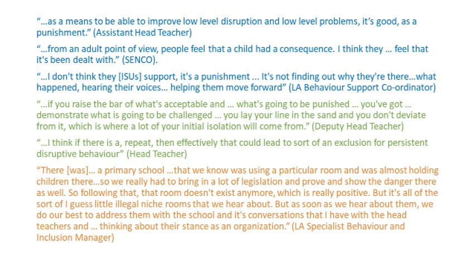For example, behaviour expectations were one of those. This member of staff, a deputy head teacher, said, if you raise your bar of what's acceptable and what's going to be punished, you've got to demonstrate what's going to be challenged. You lay your line in the sand, you don't deviate from it,